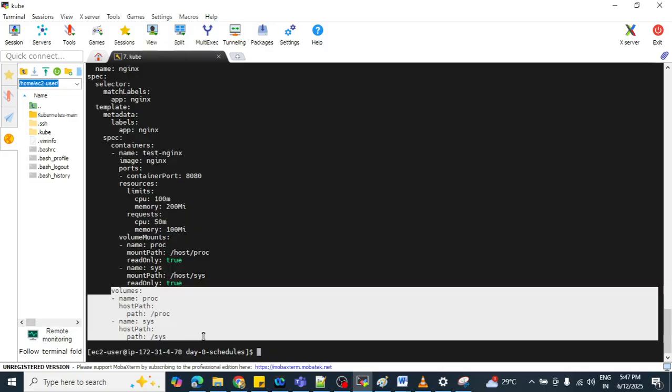So here we are using the daemon set concept where monitoring is required. Suppose we have multiple nodes and I want to capture the stats of each node. What we can do is install our monitoring agent as a daemon set, and it will fetch that particular data from each node and show it to you.